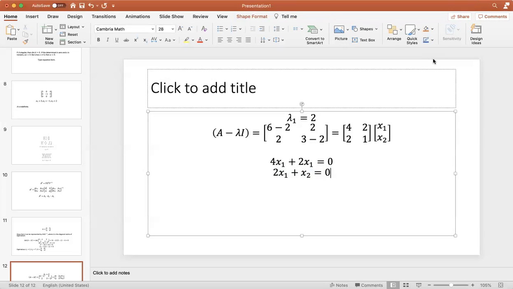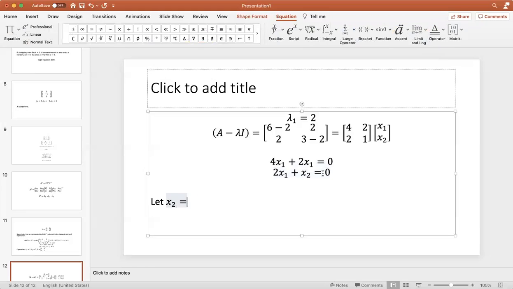So if we let x2... remember that when we solve for eigenvectors, you'll have to make some assumptions, no? So suppose we let x2 equal 2, right? If x2 is equal to 2,